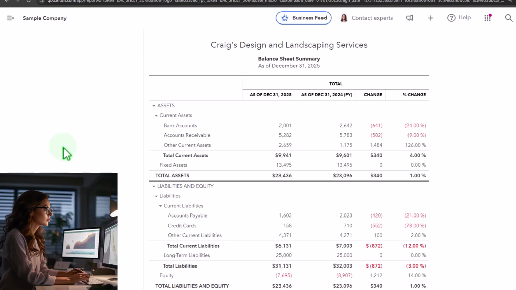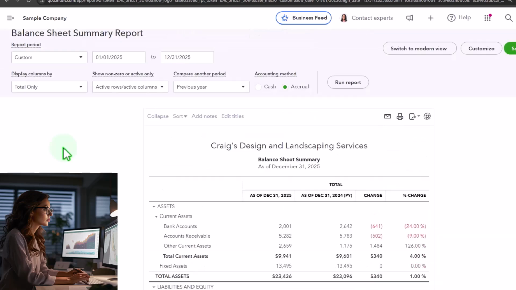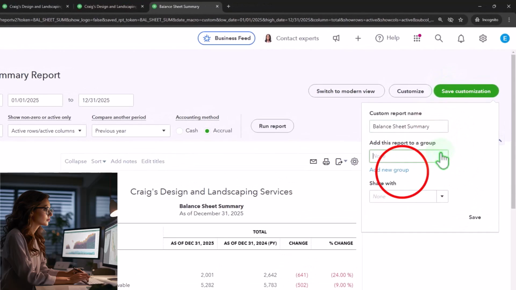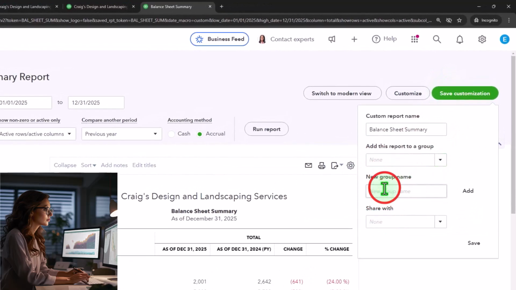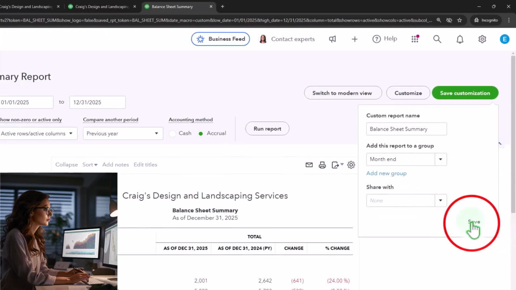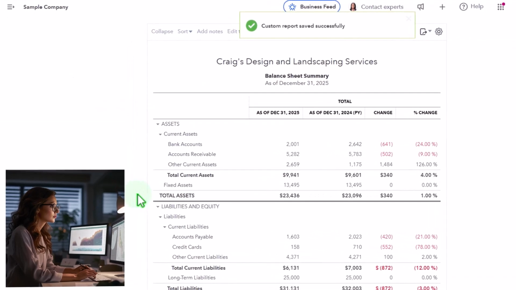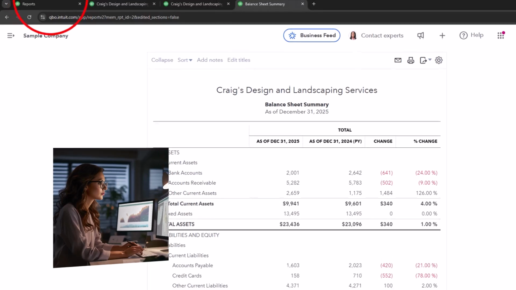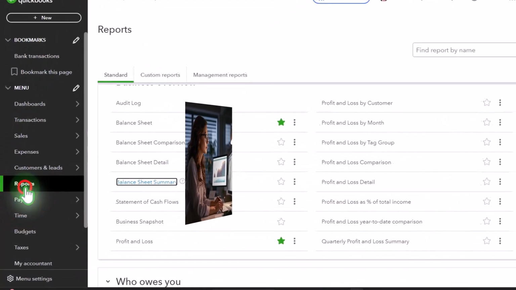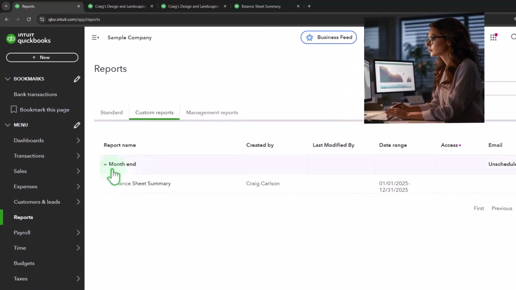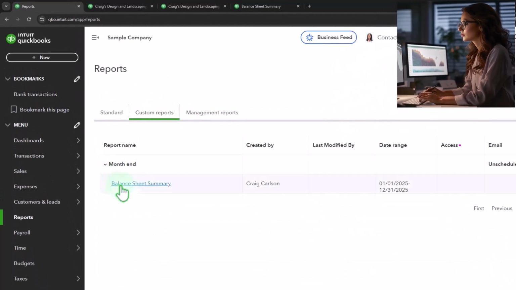And then, of course, once we get the reports batched together, we might want to save them, save customization, and we can put them in a group, say like month-end reports. Let's just say month-end reports, put them into those month-end reports and save it. And therefore, at the end of each month, I can easily generate these reports, just changing the date by going, say, to the first tab over here in the reports. Instead of within the standard tab, I can go into my custom reports, month end, and there is our balance sheet that we can generate